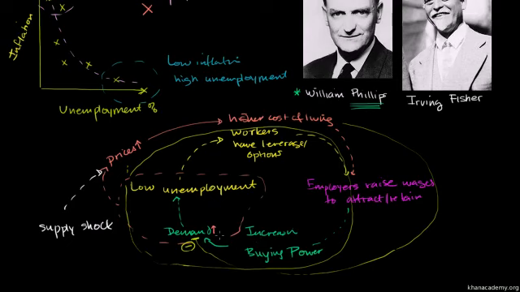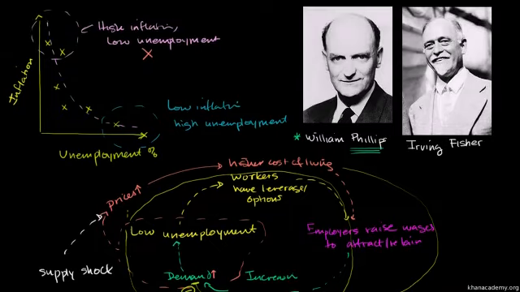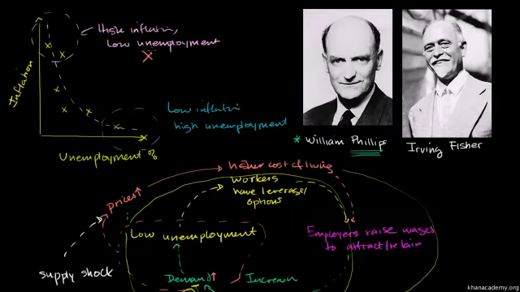There are some arguments that there were just structural reasons why the economy couldn't adapt properly, so that workers and resources couldn't be allocated efficiently. But the whole point of bringing up the 1970s is to show you that this isn't a law, and it's not clear what's causing what. That there was a situation in the 1970s where you had stagflation, and the opposite of that was what we really saw in the late 90s, where you had relatively low inflation and you had relatively low unemployment. So this is a very good situation that we had in the late 90s.